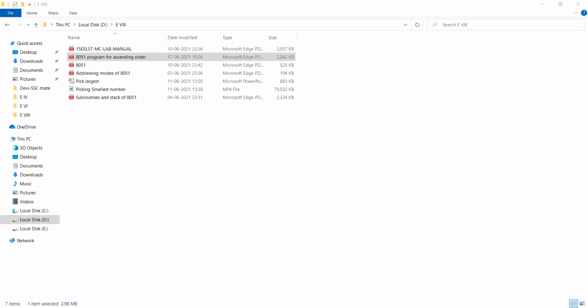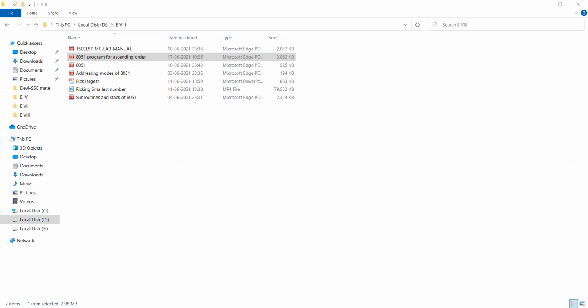The top location you can shift. Because we need to exchange the data, the bigger value should come to the top memory location. So up to this, the comparison, any doubt? If you have any doubt up to this, I will clarify.